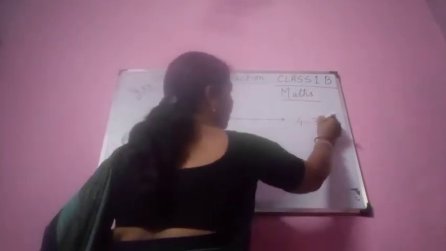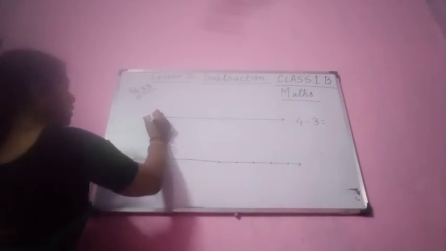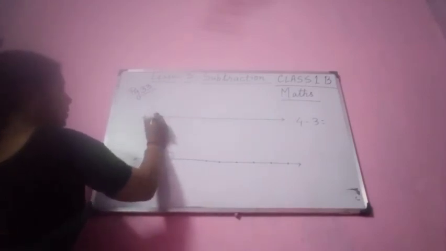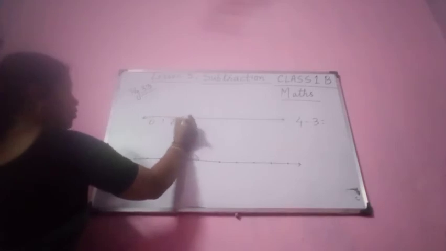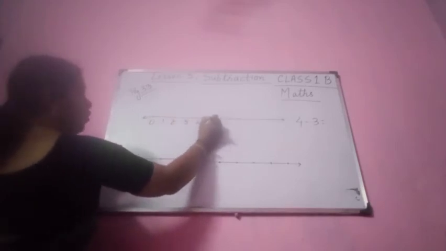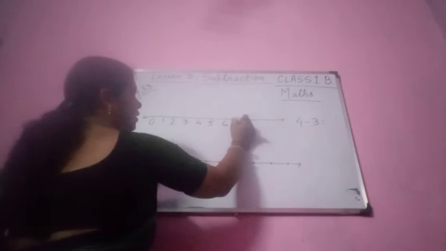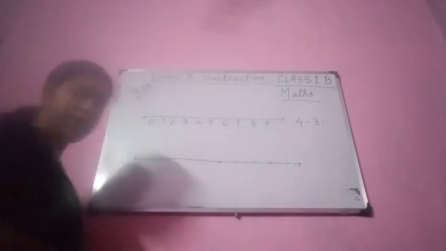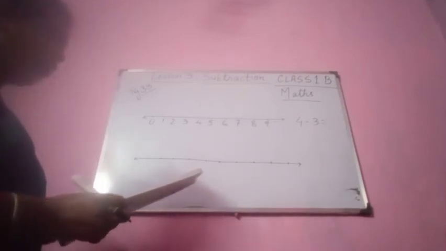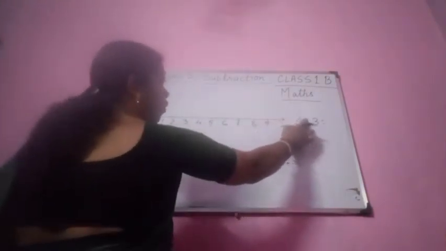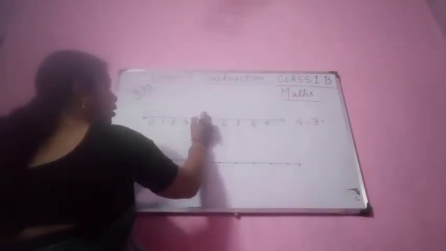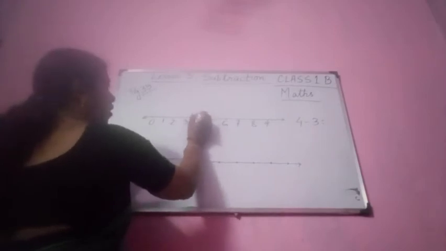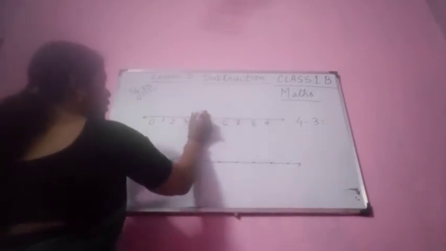Okay. So let us write down here. 4 minus 3 will be how much? So first let us write down on the number line. The numbers, let us write down 0, 1, 2, 3, 4, 5, 6, 7, 8, 9. Okay. So I have already written on the number line. Now you see from where we have to start. Okay, so we have to go to 4 because 4 minus 3 is here. So please put your pencil here on 4. Okay, now 4 minus 3. So you just count backwards.